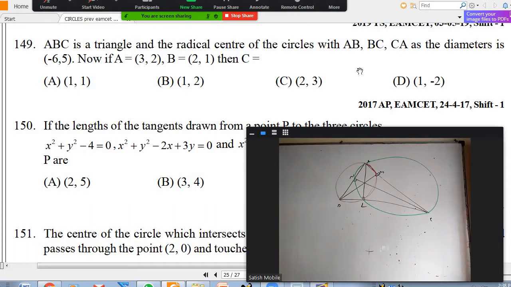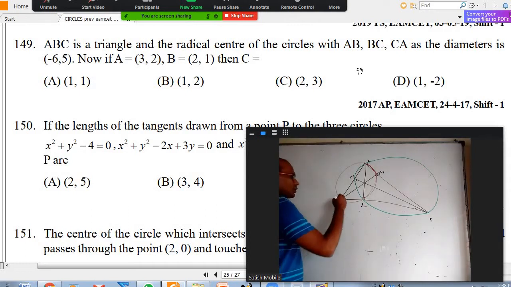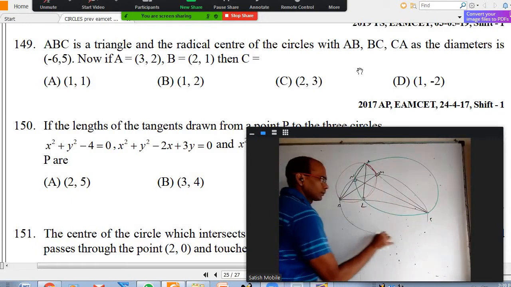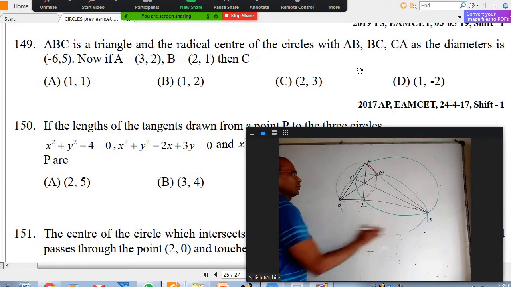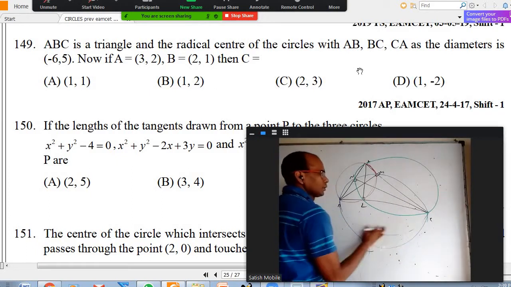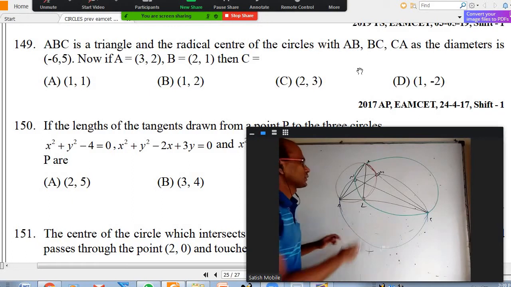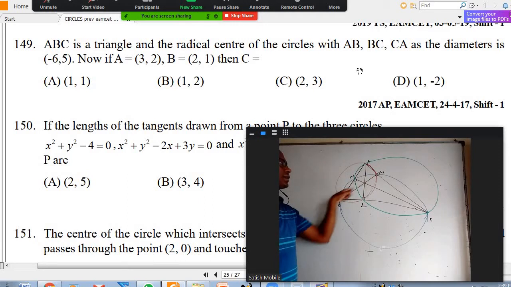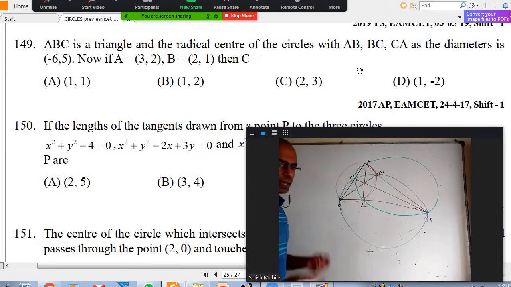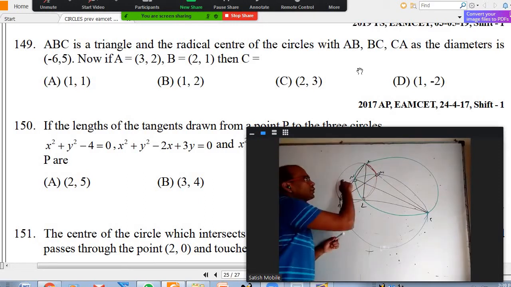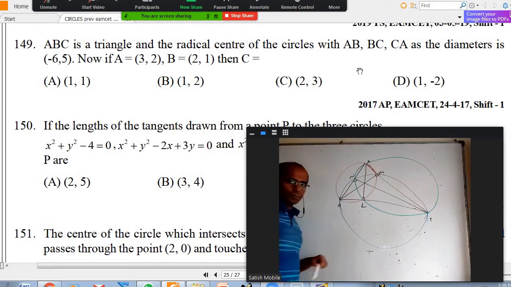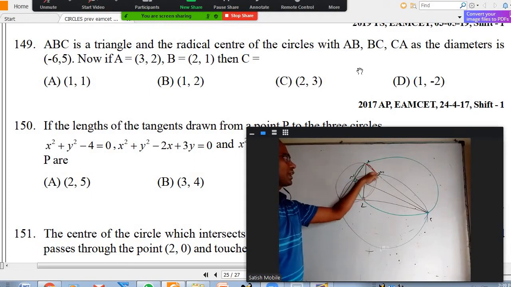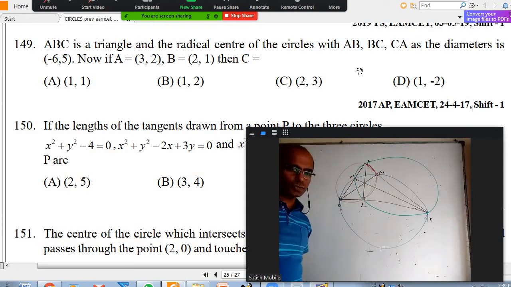Similarly, if I take B and C as ends of diameter, I'm drawing a blue circle here. Now, if I take blue and green, the radical axis is CN, the altitude. If I take red and blue, BM is the common chord. So the radical axis, the common chord of any two circles, is a particular altitude. Why is it an altitude? Because the circle with these two ends of diameter should pass through these 2 points where the angle in a semicircle is 90, which is exactly the feet of the altitude.